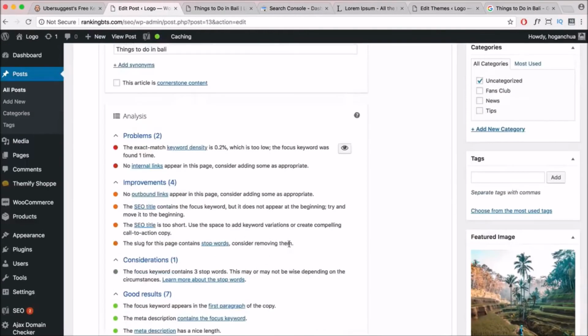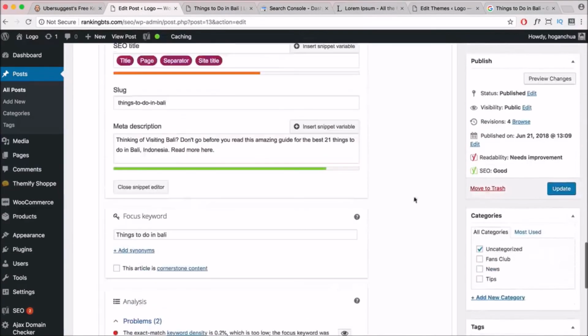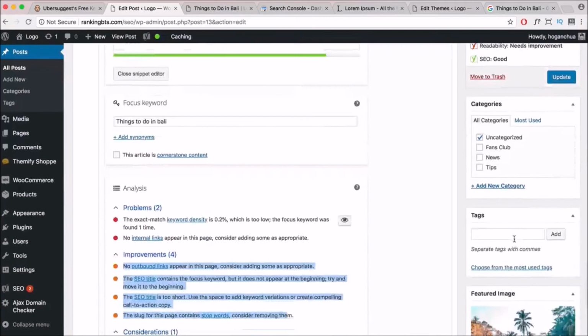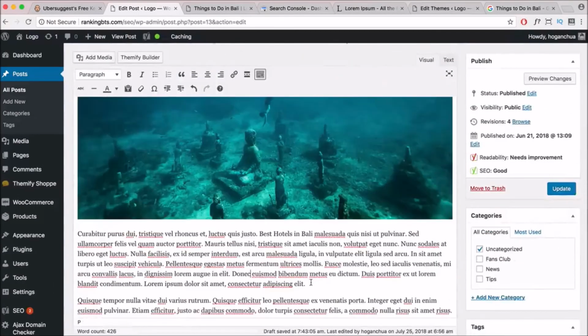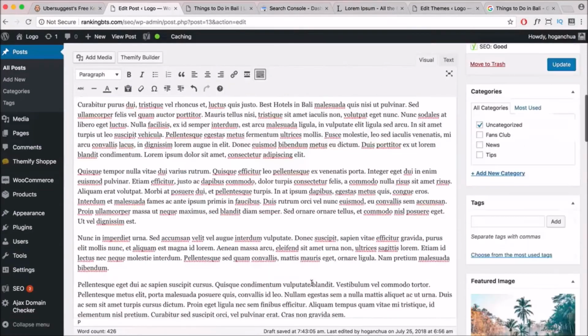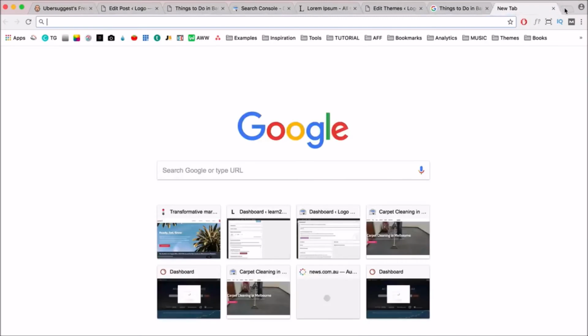And you can just follow each of these things to actually optimize your website. It's really easy. You do want to add in a category and also some tags to add some more depth to your article. You want to add in pictures, videos, quotes or anything like that, or if you have some tips, you do want to put that into a nice little section. If you actually go to a website called, let's say,